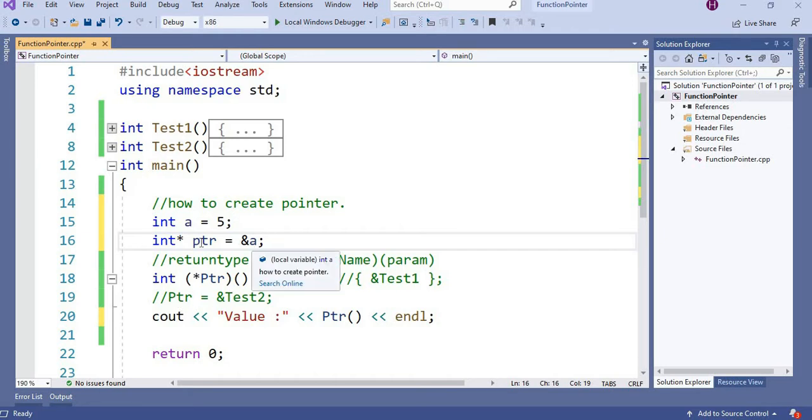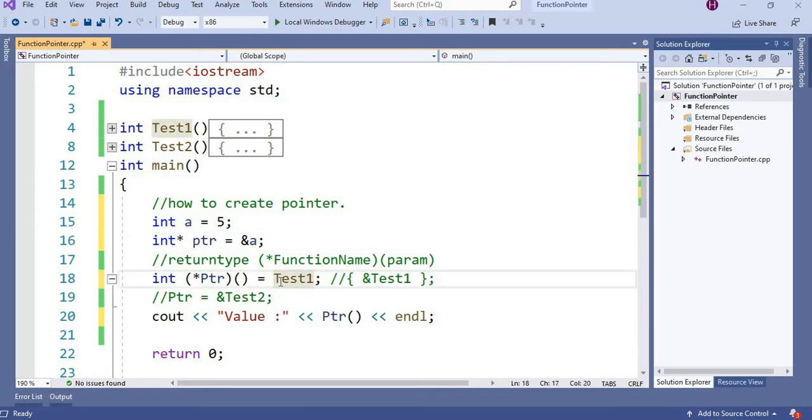Understood? If you are creating a pointer, you need the address of a. But in case of a function pointer, the function name can also be used to get the address of a function. We'll see this later. So now I am creating a function pointer.